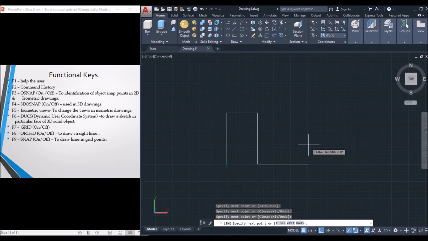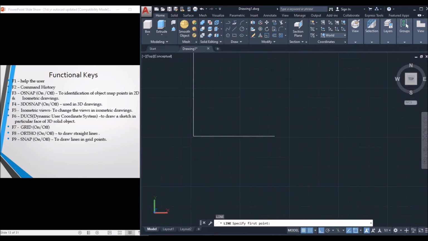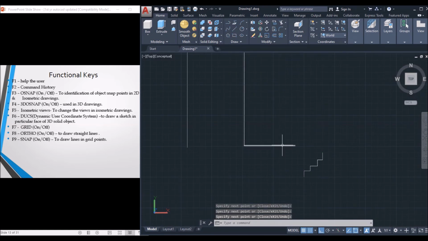Okay, so if you want to draw exactly in the grids, just snap on, take the command as L enter. Okay, so you can draw exactly at end points of these grid lines like this. Okay, so this is about the snap points. And in this, if you take a particular box, you are having the 5 horizontal and 5 vertical.